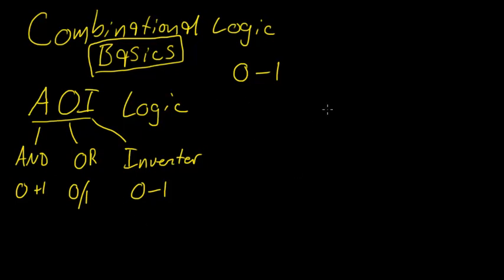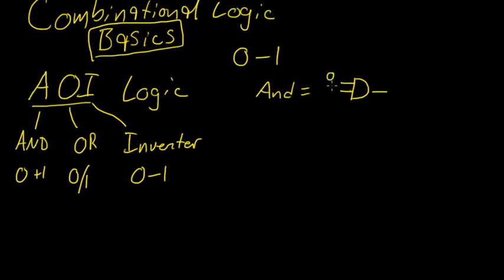Now the three basic gates look like this. So we have an AND gate, and an AND gate looks like this, and you have two guys going in, one coming out. So if you have 0 and 0, you have 0 coming out. Okay, an OR gate looks like this. So it looks similar to an AND gate, but it's kind of like a moon shape. You have two things going in, so it's this or this. And then the inverter